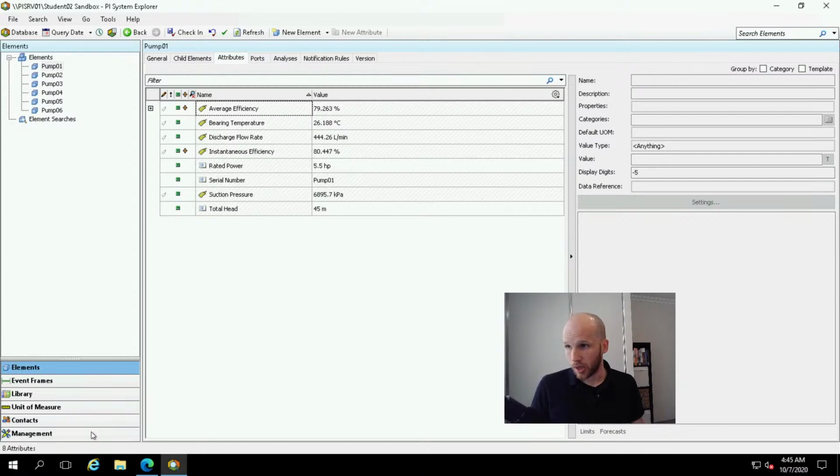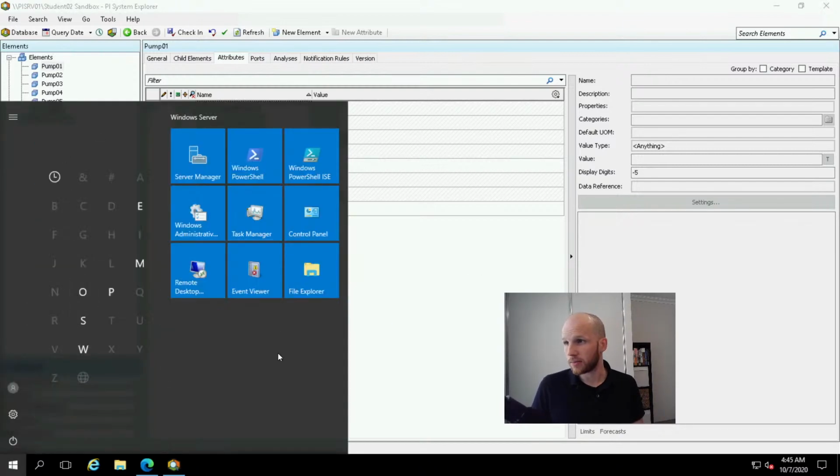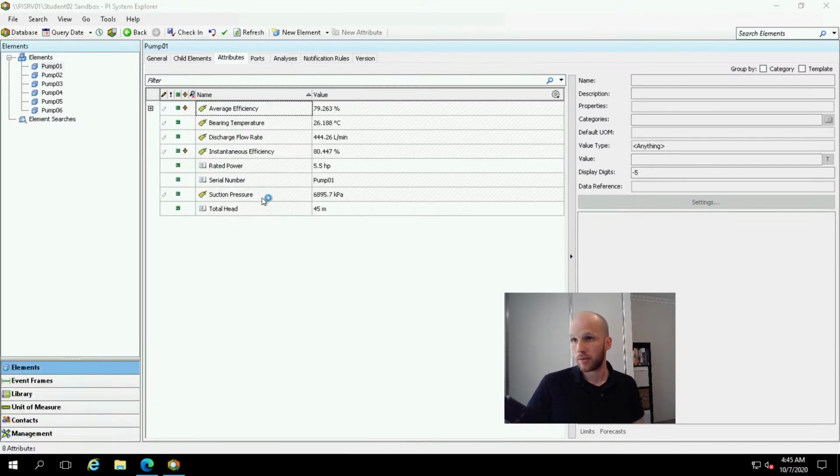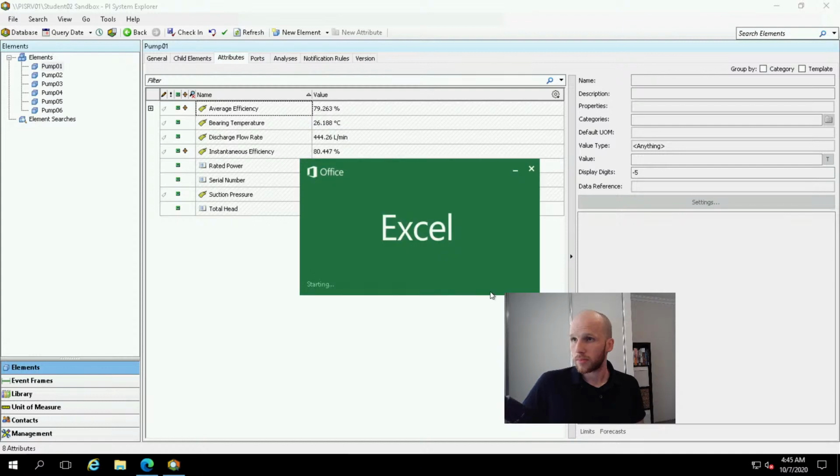Bringing in many pumps, a very quick demo of doing it in Excel. So if I had 100 pumps instead of just 6, I'll open up Excel. There are videos on how to do this in detail. If you search our YouTube channel for PyBuilder, then you'll get a bunch of demonstrations on how to do this. But Excel's going to take ages to load. I'd really like to get into integrating this with